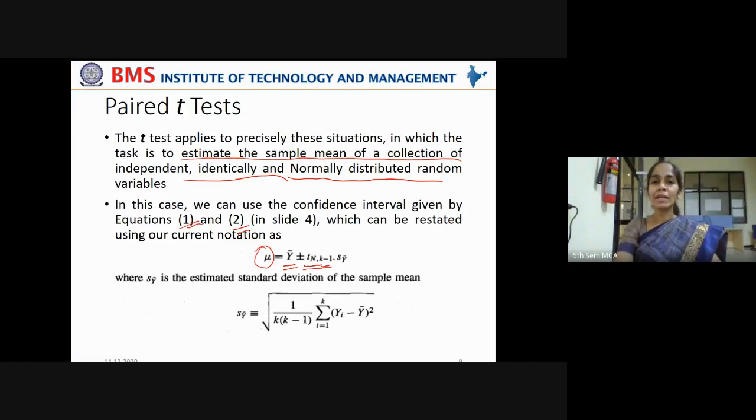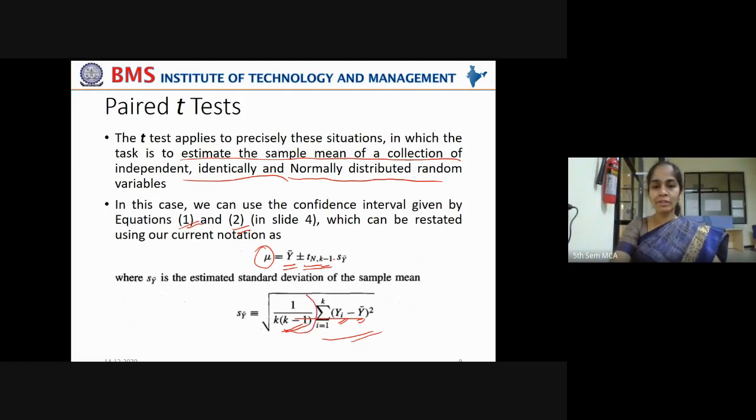That can be taken to replace mu, where s y bar is the estimated standard deviation of the sample mean, the new sample we have taken. So how can you represent this standard deviation of y bar? You know that, right? Instead of delta, we are just using y bar. It is the entire sample's mean and each data point's deviation from the sample mean, square it, sum it up and find the average. Apply the square root over that and you will get the standard deviation. Without the square root, it is variance. With the square root, this entire representation gives you the standard deviation of y bar.